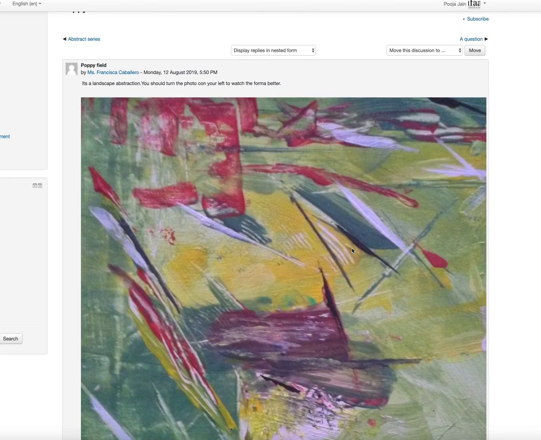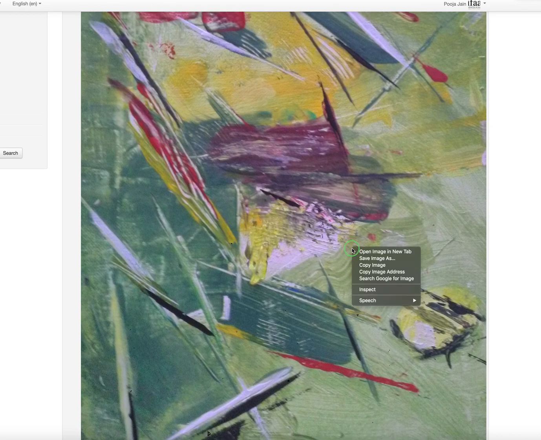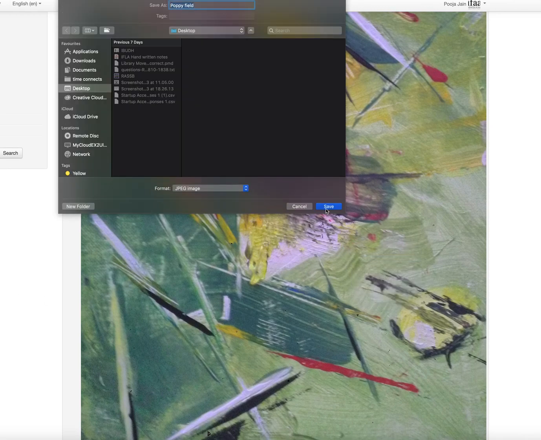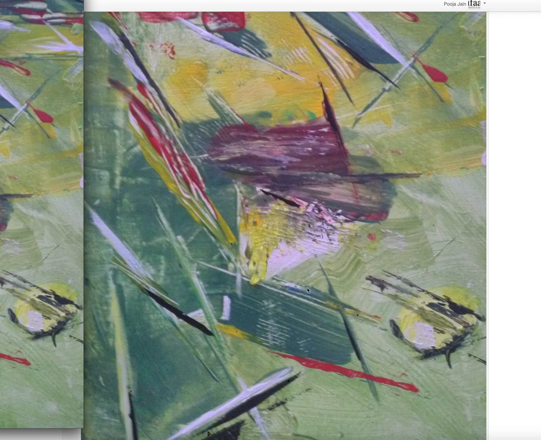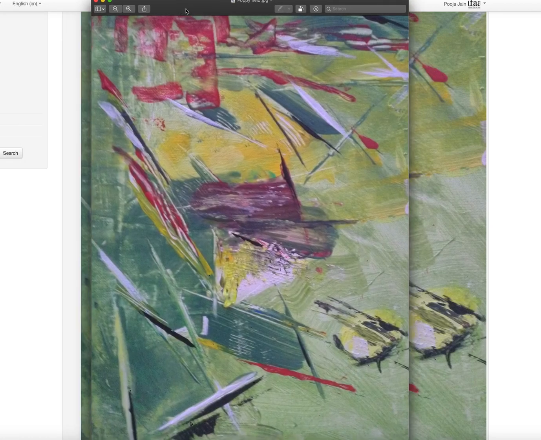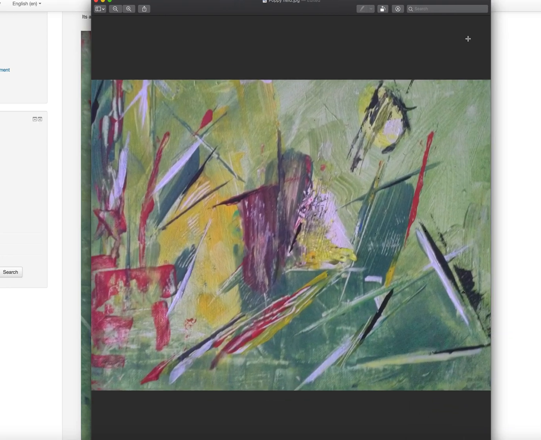Okay, hi. So let's see your ninth assignment. You have made this landscape which has to be turned around. So let me just save the image. Okay. So it is like this, right? So I feel one thing that I want to